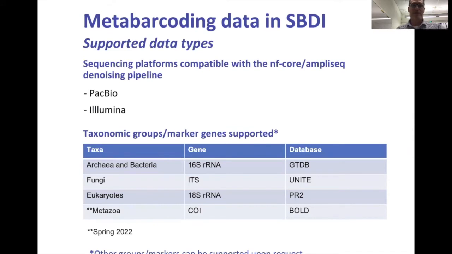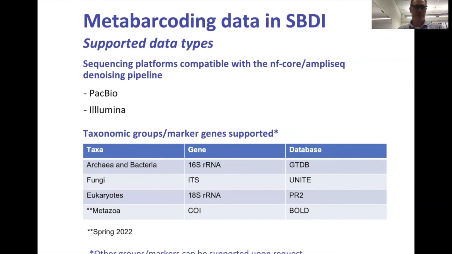And what type of data are we supporting in SBDI? The sequencing platforms that are compatible with the nf-core AmpliSeq denoising pipeline are PacBio and Illumina data. And then currently we are supporting these taxonomic groups and gene markers. So archaea and bacteria using the 16S rRNA gene, and then we use the GTDB database. And there we have made a curated version of the GTDB 16S sequence database where we have removed some